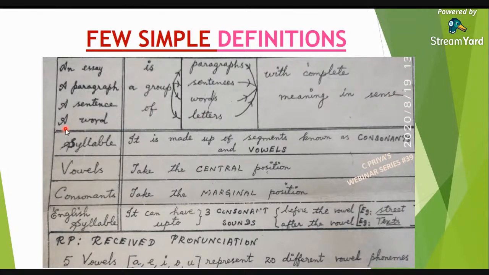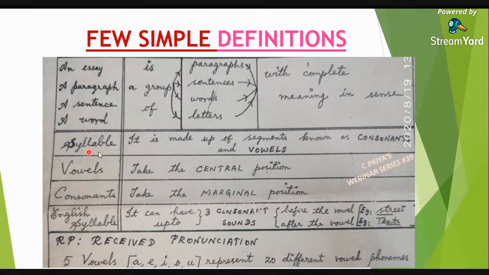What is a word? Can we define word? Yes. A word is a group of letters with complete meaning in sense. Right? Without a meaning, we can't frame a word, a sentence, a paragraph, or an essay. Right? In today's topic, we are going to discuss all these